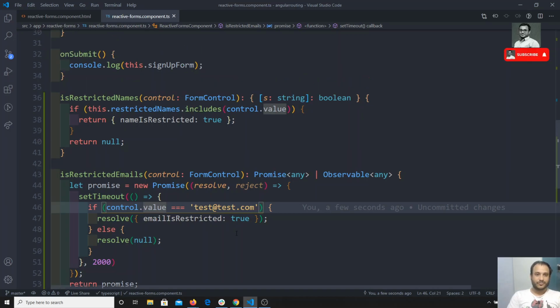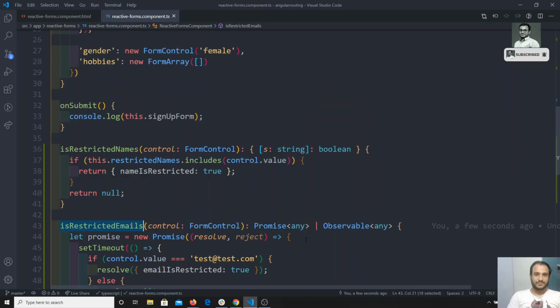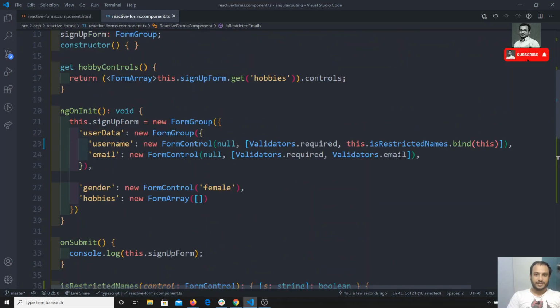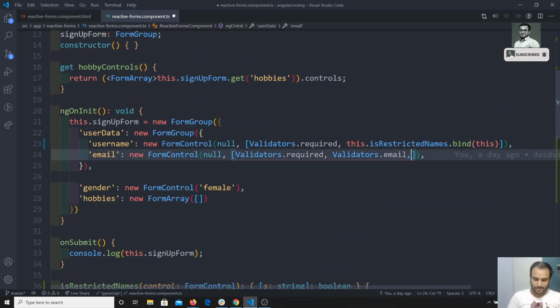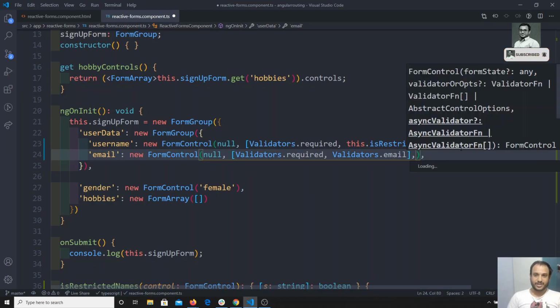Now where do we need to call this method? We can go to the email field here. We should not call it directly in this place. For asynchronous validators, you have a third parameter. The first one is the synchronous validator function, and the last one is the asynchronous validator.